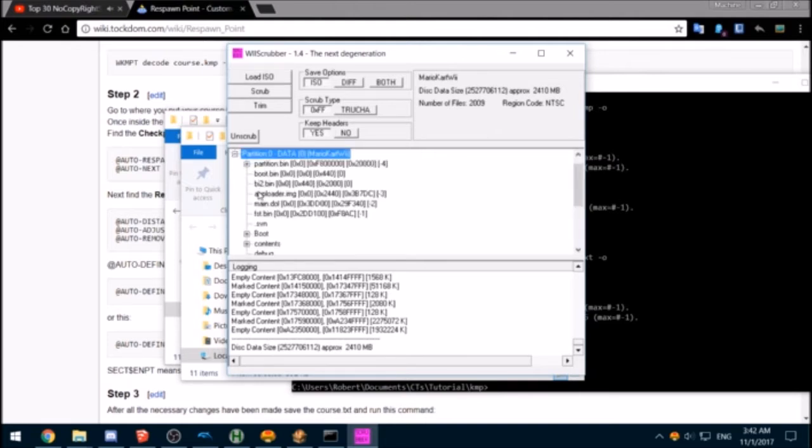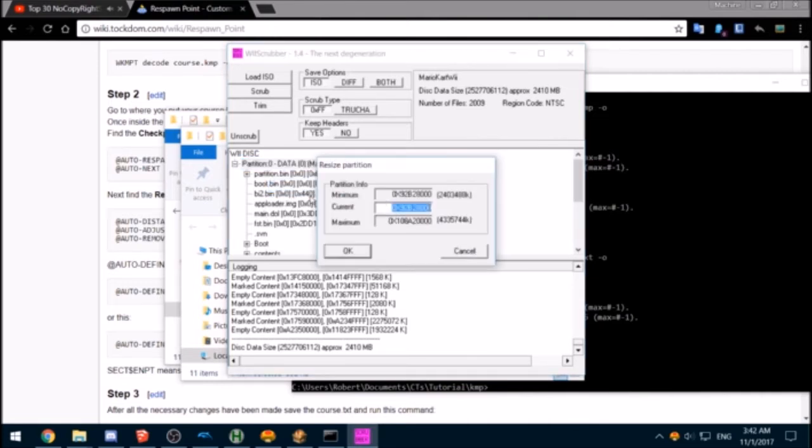Okay, so you go in here to your partition 0. If you didn't resize your partition, just really quick, you just go like that, and you just put it to the maximum. That way you can have space for your course if your course is larger.